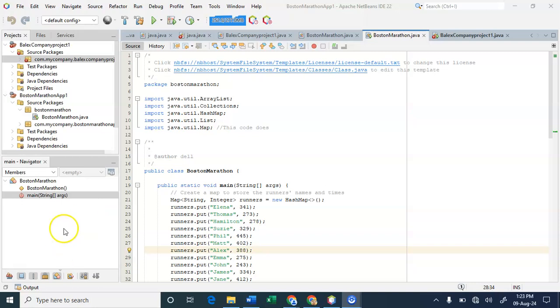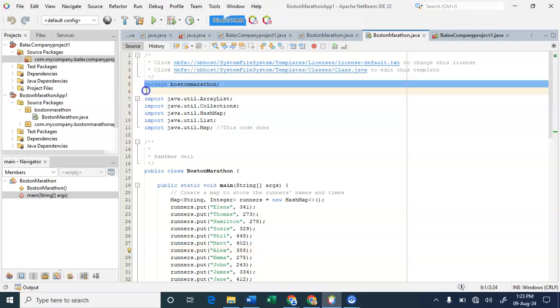I'm here to share with you my passion and adventure with my codes, me and my friends. Now, to begin, I'm gonna take you through a project called Boston Marathon Project, and I'm gonna take you through the code line by line. Beginning from here, the package, from package Boston Marathon to